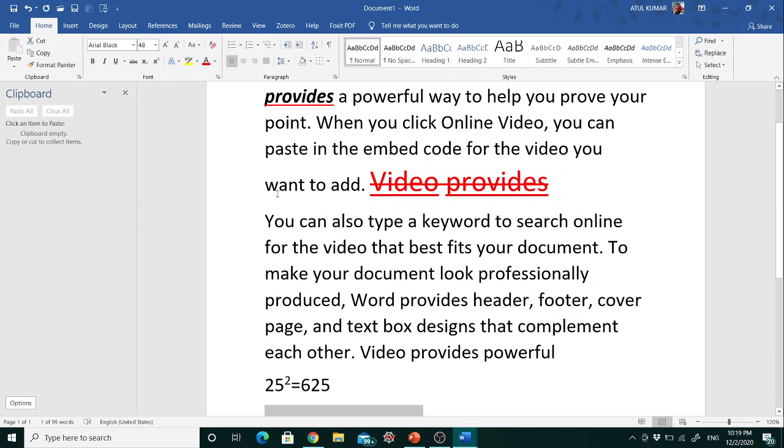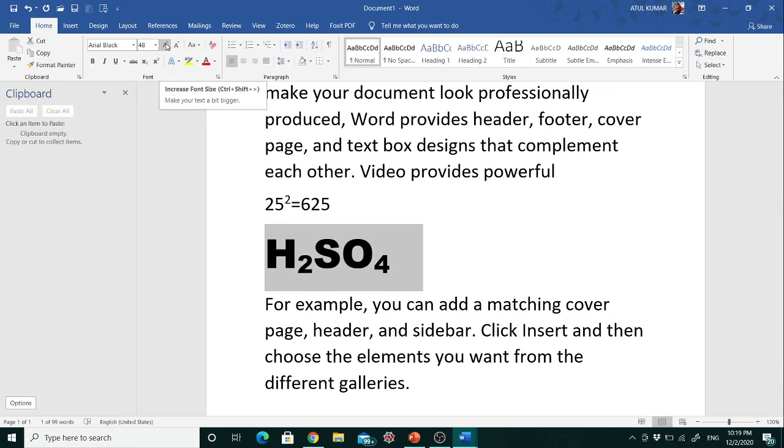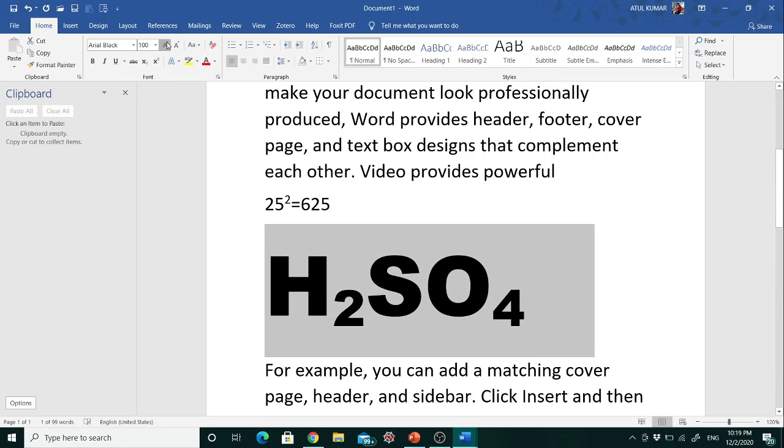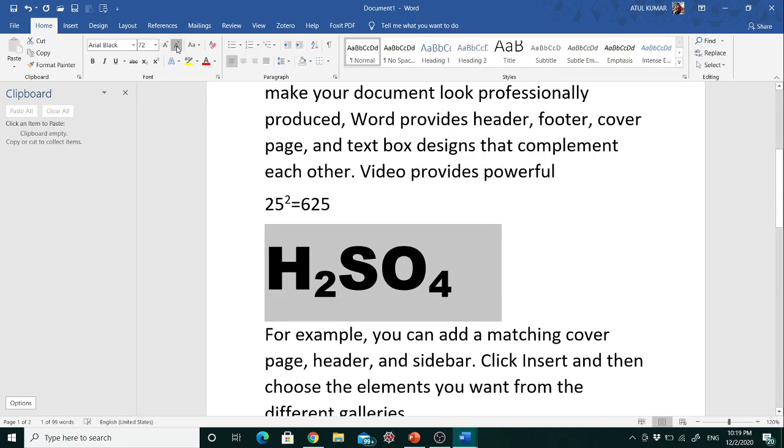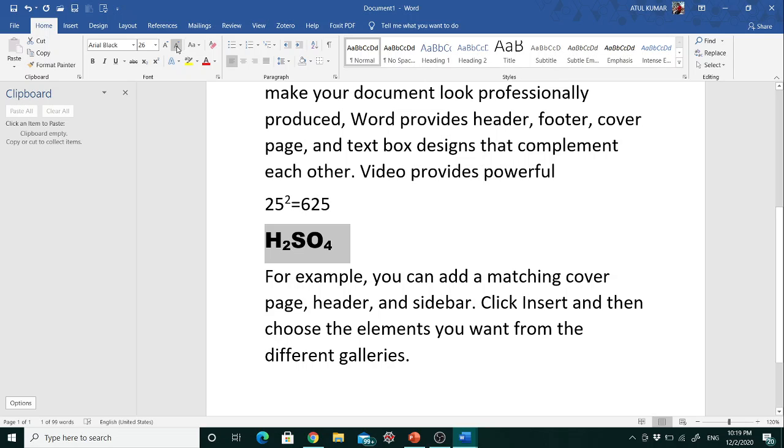So next important thing is how to increase the font size. One option is by pressing this button, and the next option is by clicking this. If you want to decrease the size, just click on this down arrow A. And if you want to change the case of your selected text into lowercase, uppercase, or other common capitalizations, then you can use this double A option. Different kinds of options are available here: sentence case, lowercase, uppercase, capitalize each word, and toggle case.